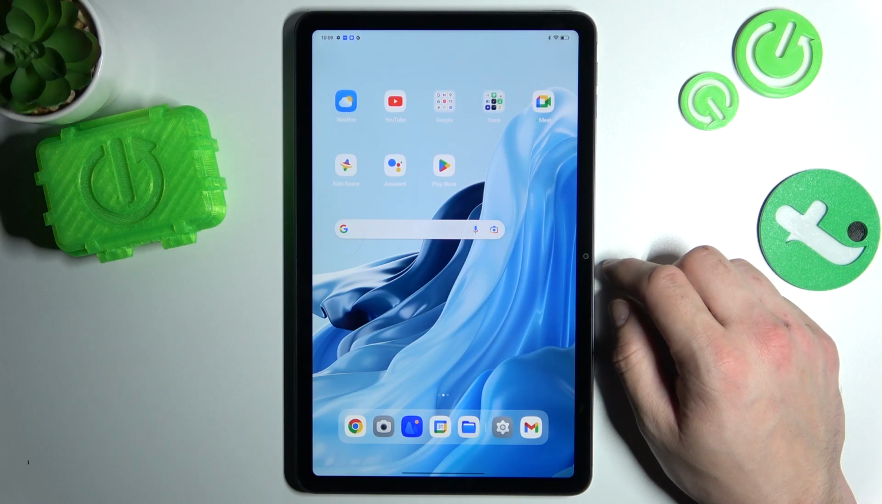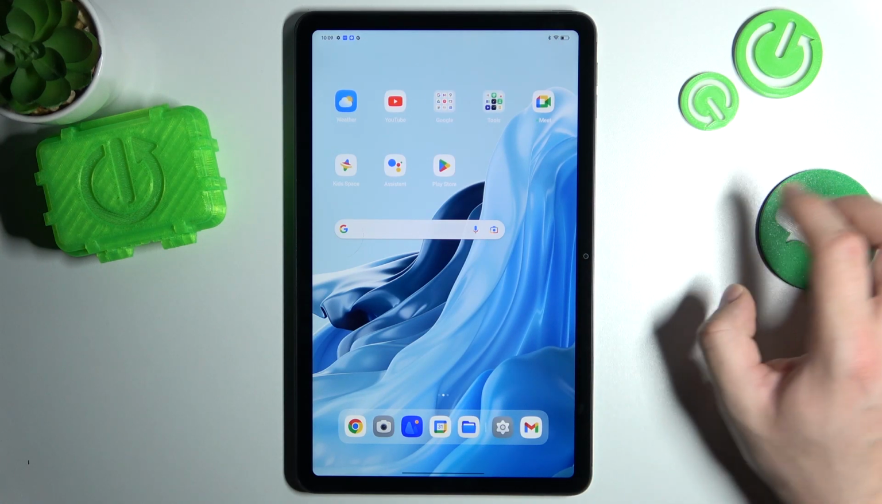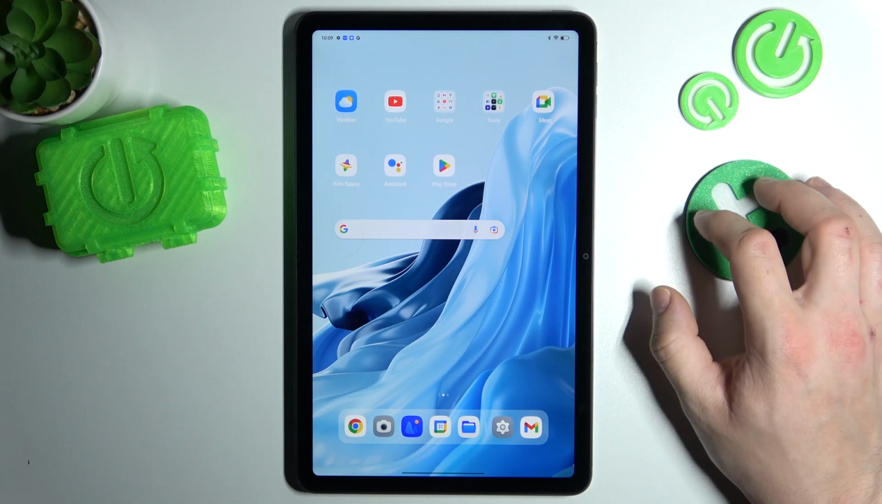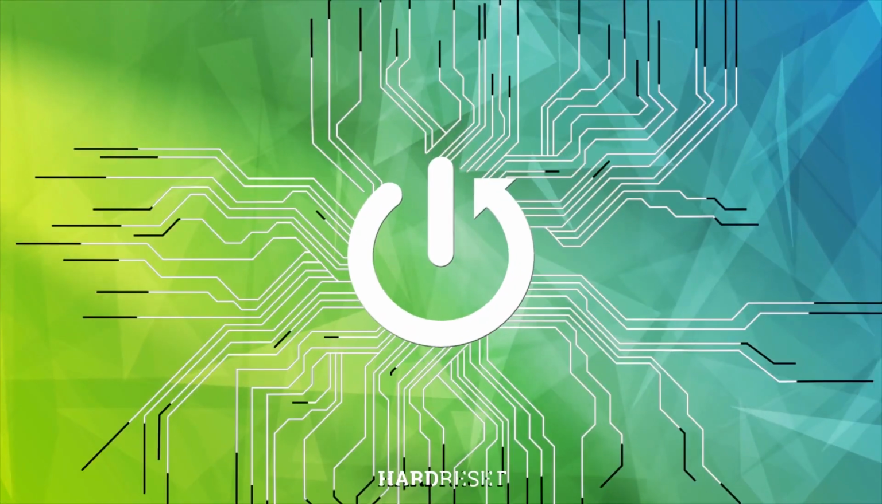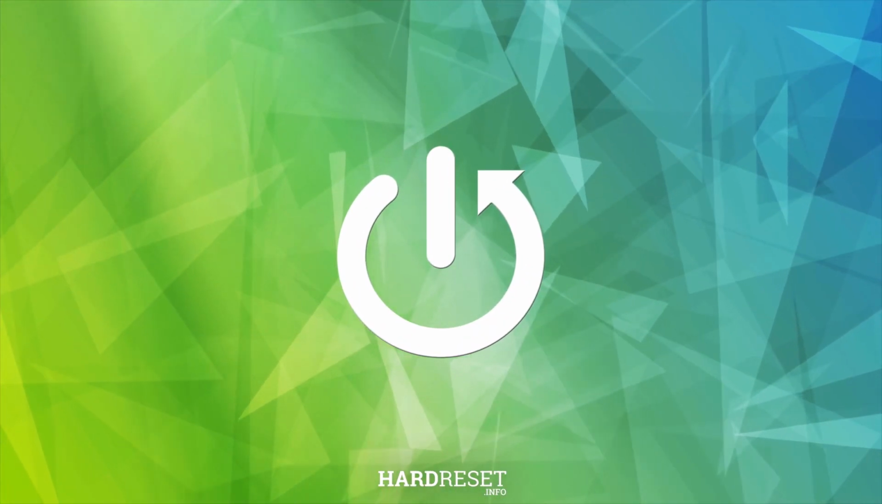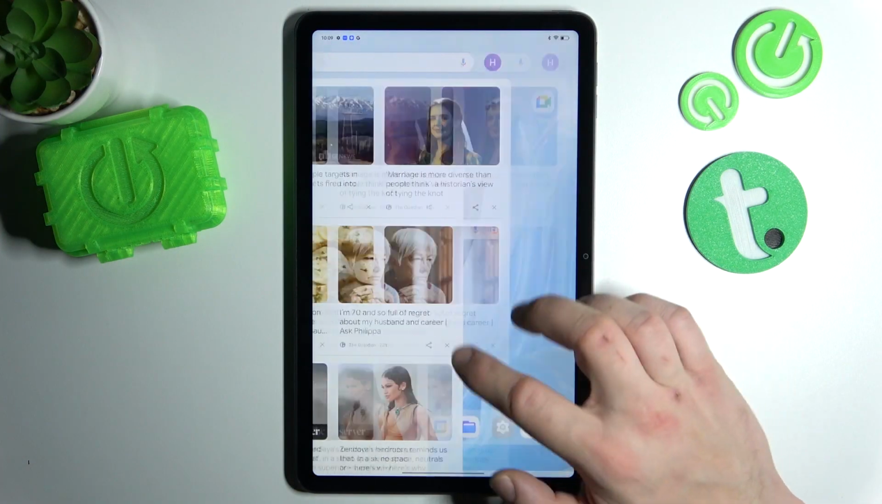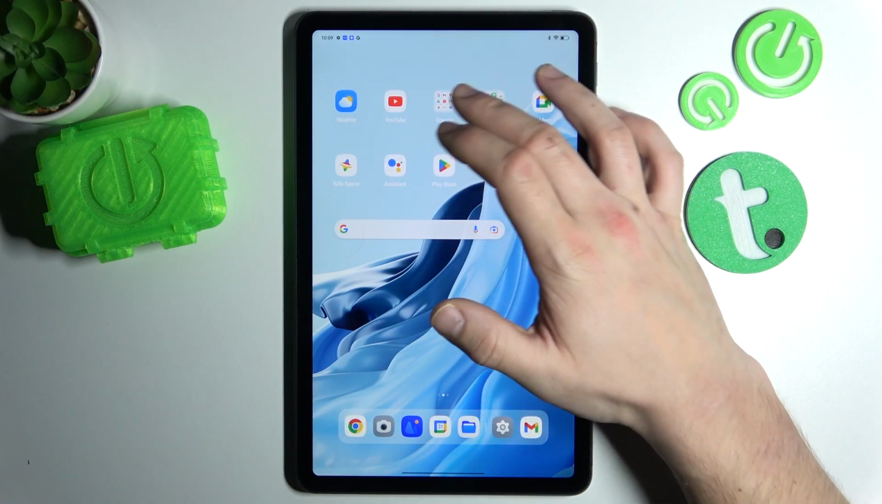Hello, in front of me I've got OPPO Pad Air. In this video I'll show you how to use Google Assistant on lock screen. In the beginning, let's go to Google app,